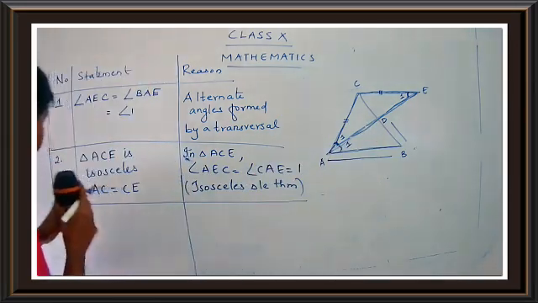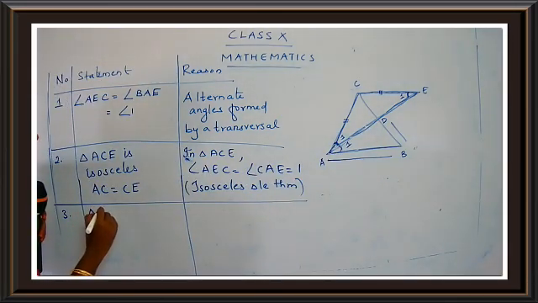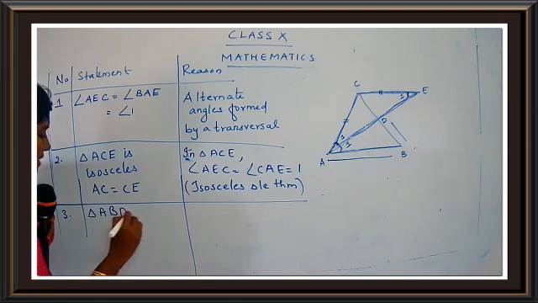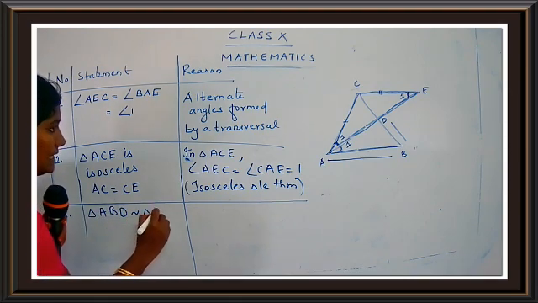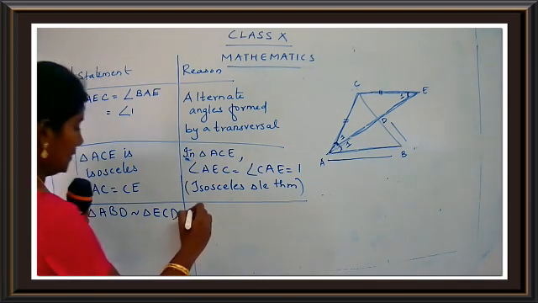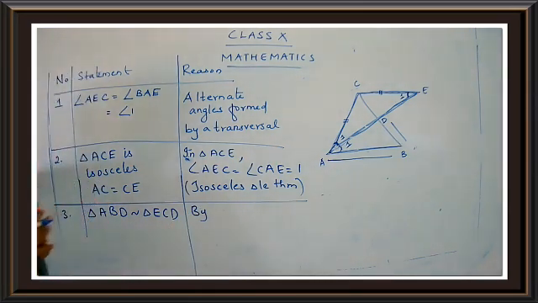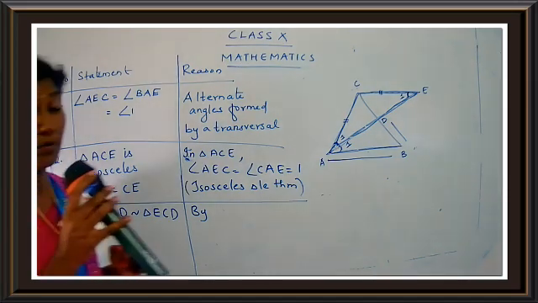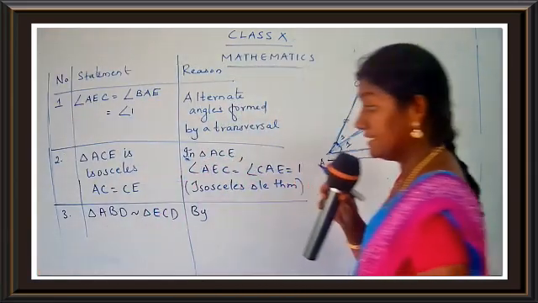So write down here, triangle ABD is similar to triangle ECD. They have given this directly, so let us write it directly. I'll explain to you how you get the similarity. What is being done here? We have found that triangle ABD is similar to triangle ECD. Now you may have a question how we found it directly.